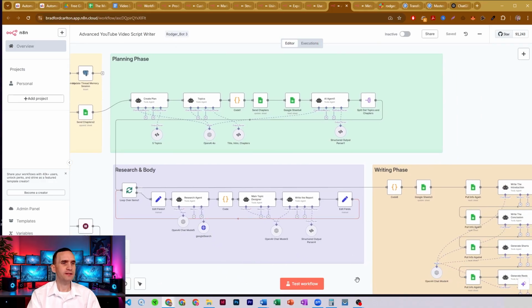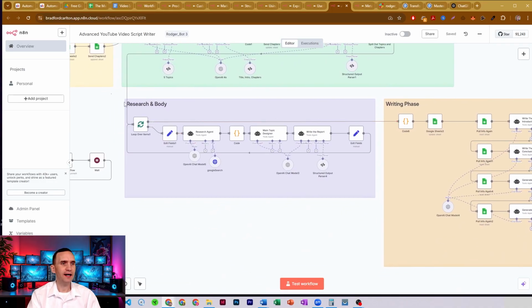Down here, I've got this loop that takes some video ideas that I have. It breaks the video ideas into what each section of the video should be about. So this one right over here breaks the section of the video into different topics. I then write those sections, and then each section of the video gets run through here. So it researches a little bit, it writes the section headings inside of that section, and then it writes the whole section with those section headings. And so a video might have 2, 3, 5 different sections